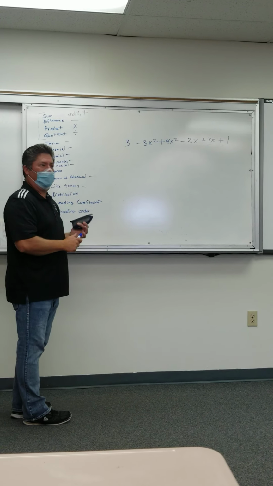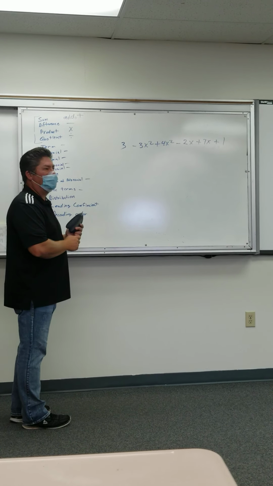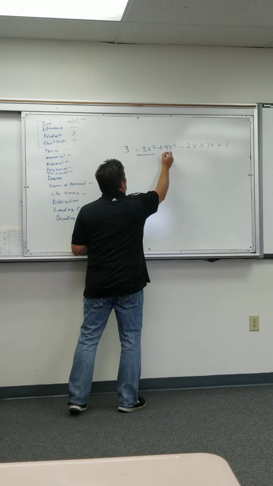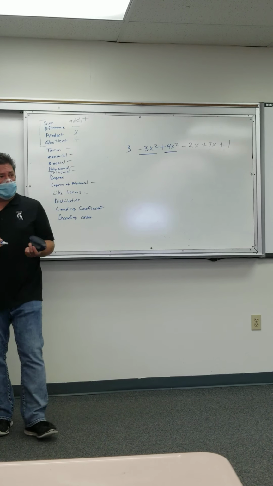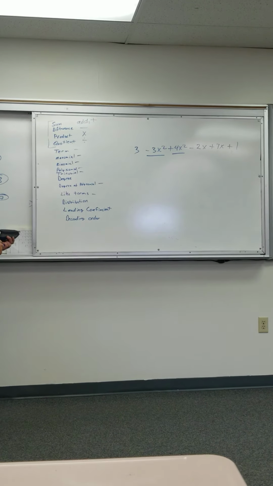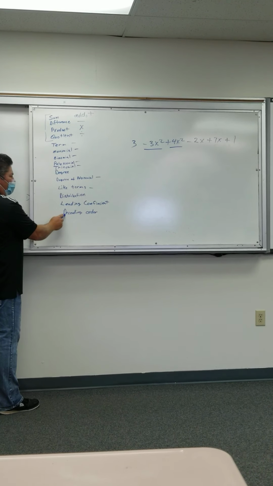Jax, what are the like terms in this problem? Give me one pair of them. One pair of like terms. 3x squared and 4x squared. Okay, now, he's doing something that we kind of do naturally, but it goes down to here, leading coefficient in